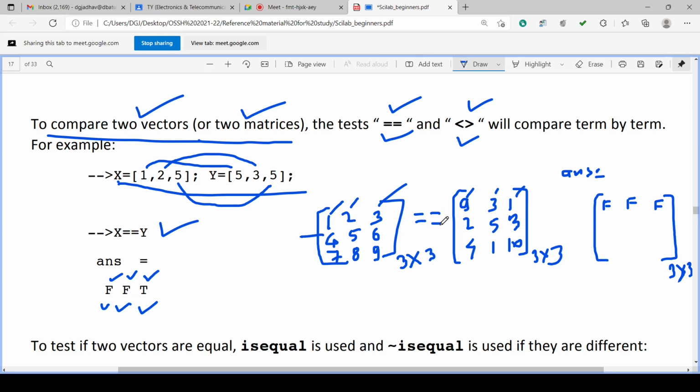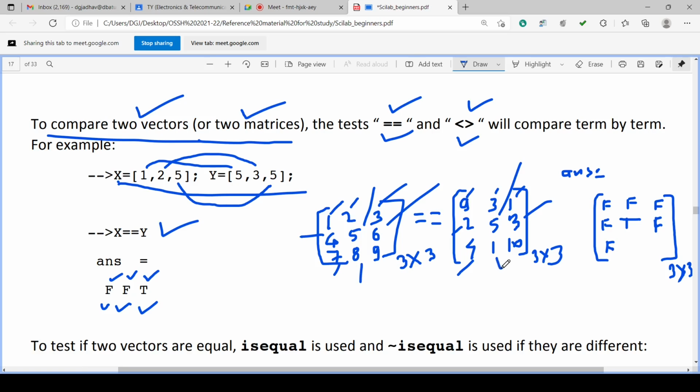Second row, first column not matching, false. Second row, second column is matching, true. Second row, third column not matching, false. Third row, first column not matching, false.